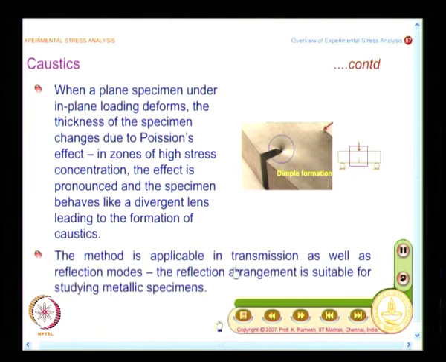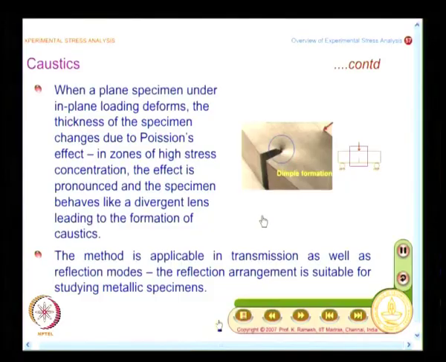As I mentioned earlier, it is applicable to transmission as well as reflection modes. The reflection arrangement is suitable for studying metallic specimens. This also I have said, that you need to have techniques to find out for models as well as prototypes. Photoelasticity has transmission photoelasticity and reflection photoelasticity. So in the method of caustics, you can do it on transparent models as well as on